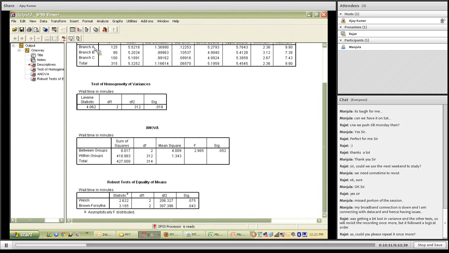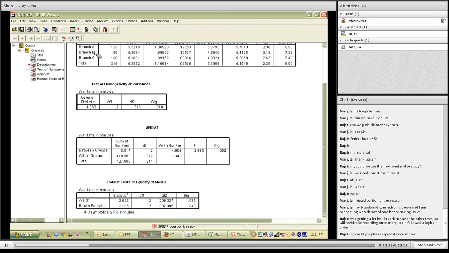So when I say difference, you treat it as significant difference, right? So which one to believe? Literature talks about Welch being more robust than Brown Forsyth. So when these two tend to give you different figures, then you have to believe Welch. And Welch says that there is no difference, or no significant difference, between the waiting times of branch A,